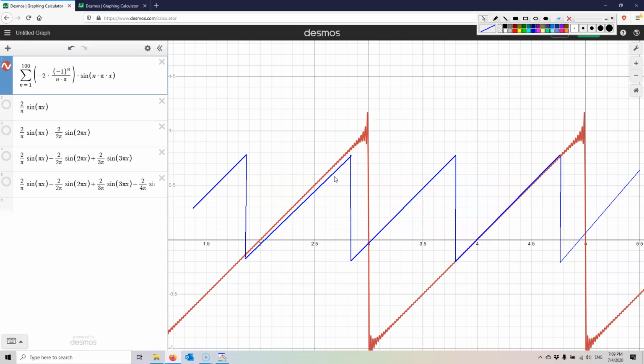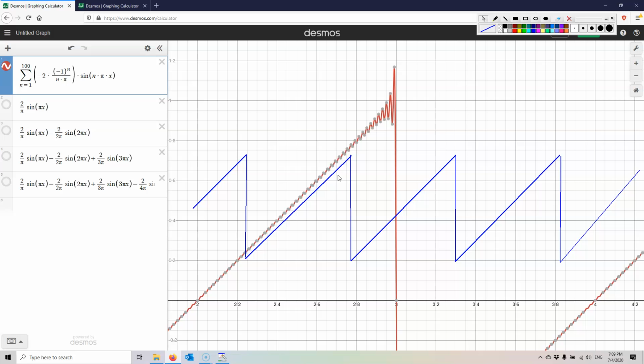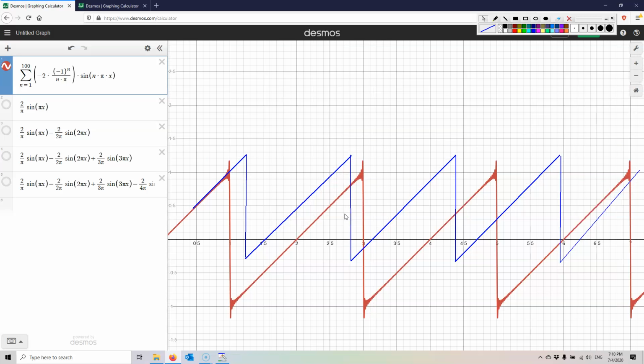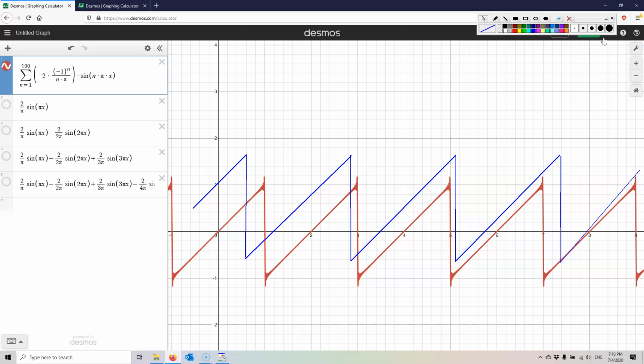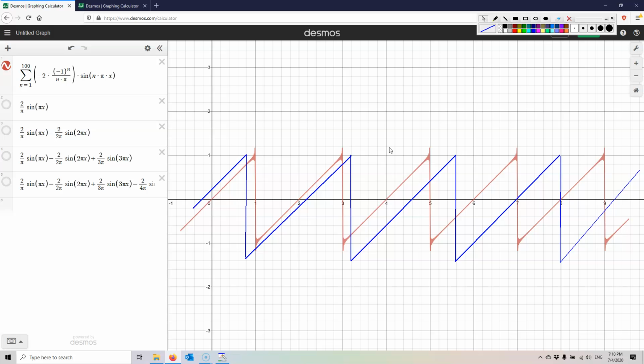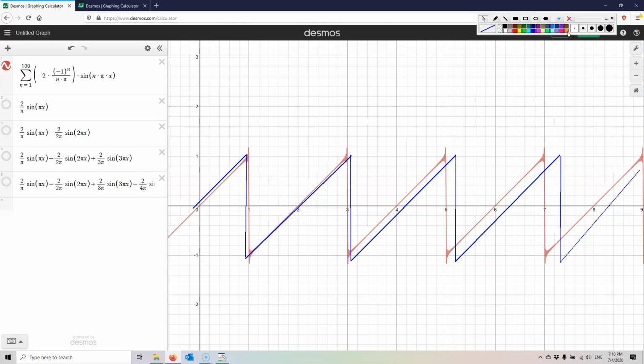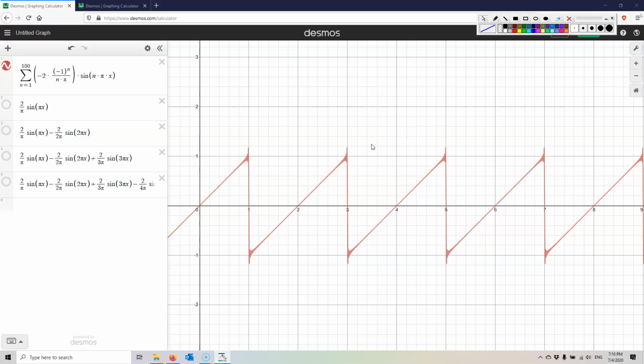Let's zoom in a bit. Oops, it doesn't help. What I drew on the screen just stays, but you can see there's a little bit of a wobble here in the function, but it does a pretty good job of approximating the function that I want. It is now shifted out of place. There we go. Probably just get rid of this. Okay. So you see how this gets us the sawtooth function extremely well.